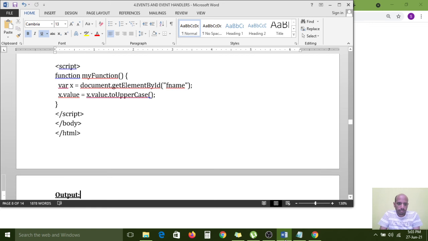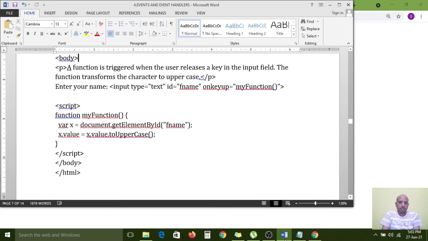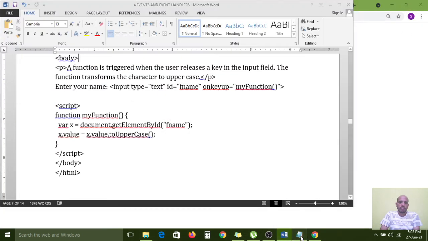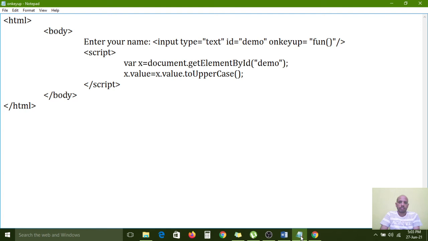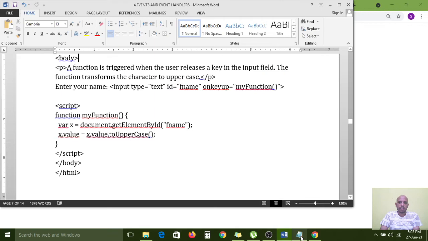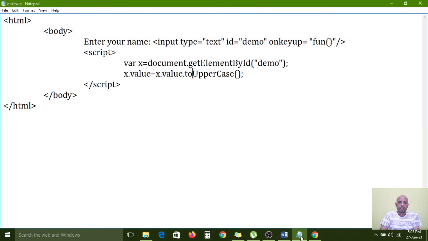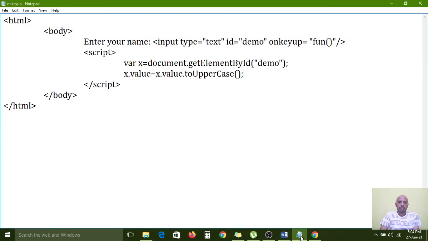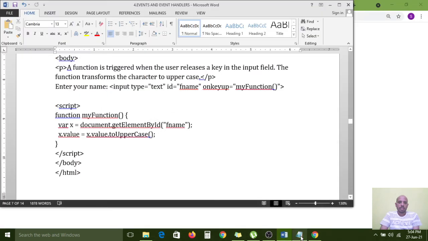Why? x.value.toUpperCase(). We used the same input type text with onkeyup, ID demo, onkeyup my function, document.getElementById demo; x.value = x.value.toUpperCase().